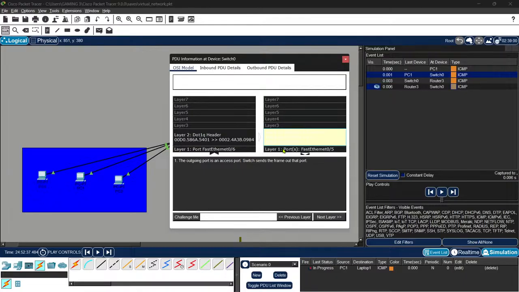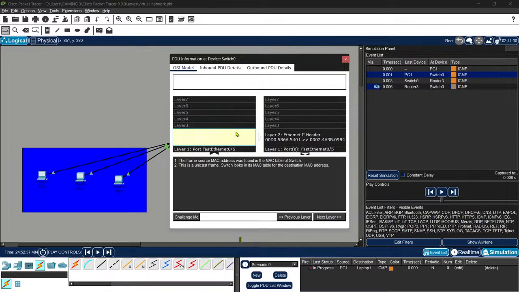The outgoing port is an access port which sends the MAC address found in the MAC table. This is a unique address which looks